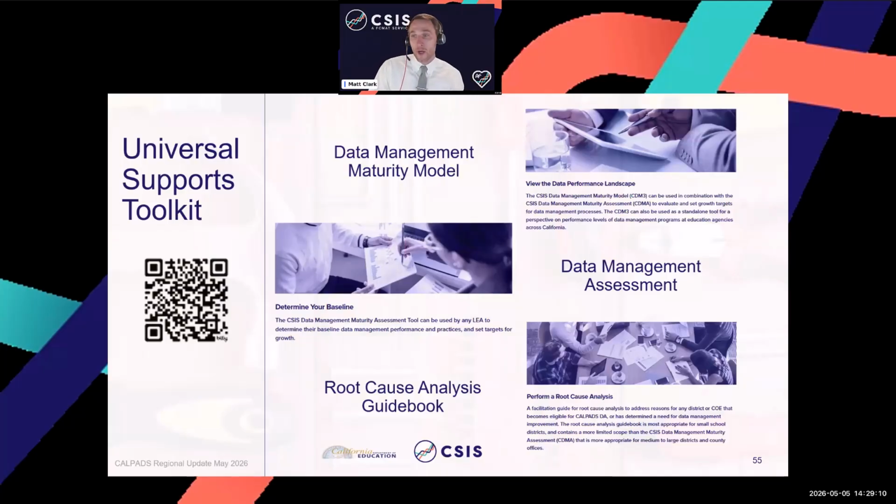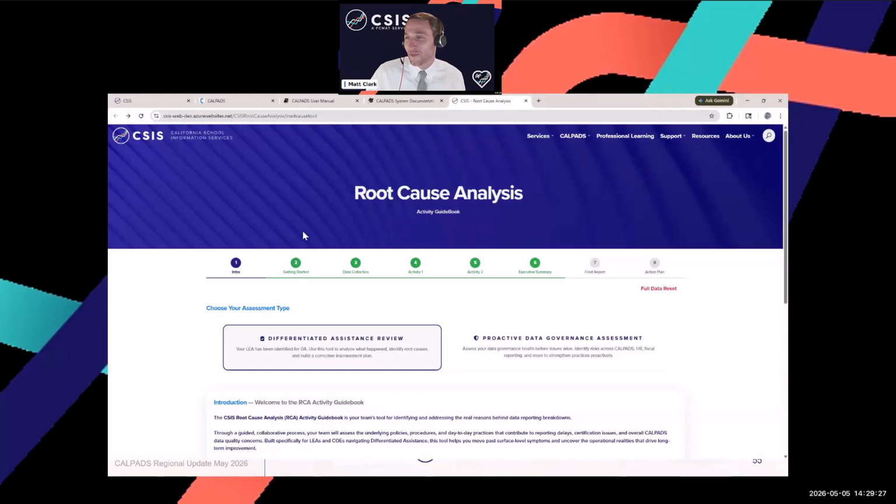In addition to the maturity model and assessment, we also have a root cause analysis guidebook, and we are implementing a new and updated version of the root cause analysis guidebook. It'll be available in production on our website very soon, but it is not yet available in production on our website. So what I'm going to demo for you now is the root cause analysis guidebook in our test environment, but I would check our website in the coming weeks for the updated root cause analysis